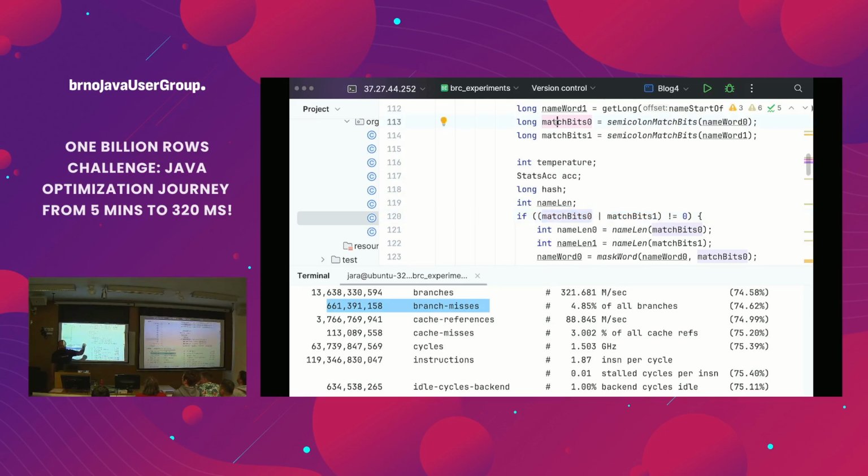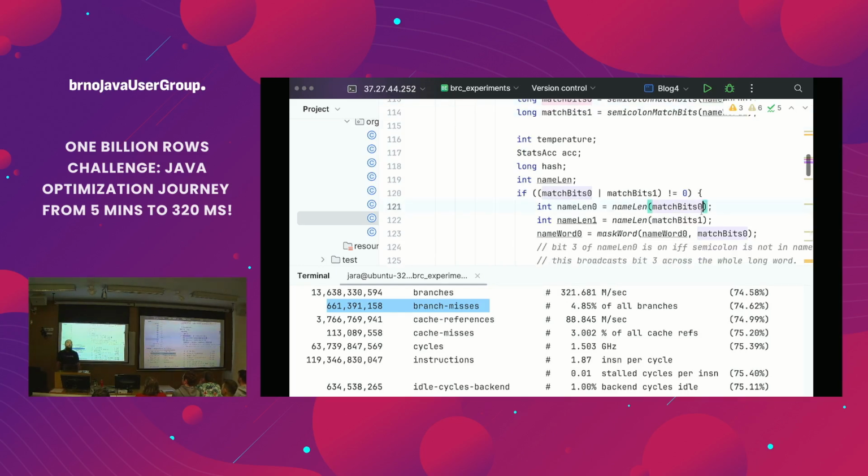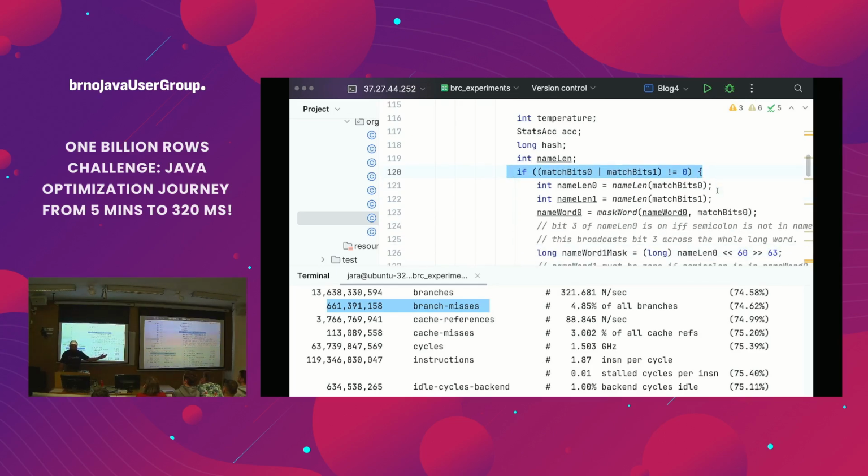It means if the semicolon is in the first 16 bytes, if the city is shorter than 16 bytes, then the branch is taken. And it's almost always, most of the cities in the data set are smaller than 16 bytes. It means this branch is almost always taken. It means from an unpredictable branch, we now have a predictable branch. So the CPU can speculate successfully.